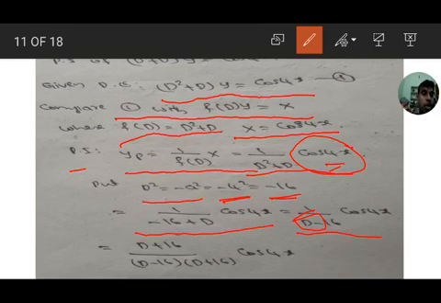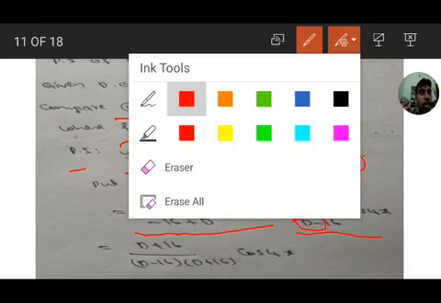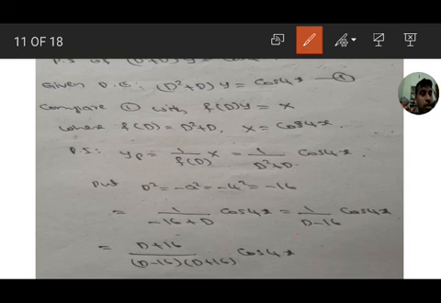So for cos ax or sin ax, we need to substitute only D square in terms of D square only. Here we got D. So convert this D into D square and then substitute the D square value. To convert this D into D square, we have to rationalize. It is D minus 16 in the denominator, so rationalize the denominator with opposite sign, that is D plus 16. Multiply and divide with D plus 16.